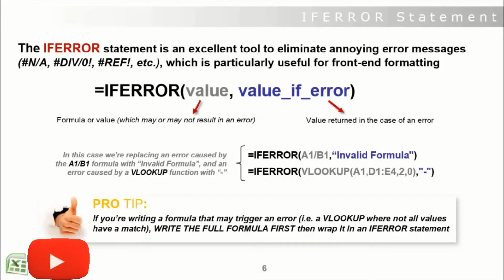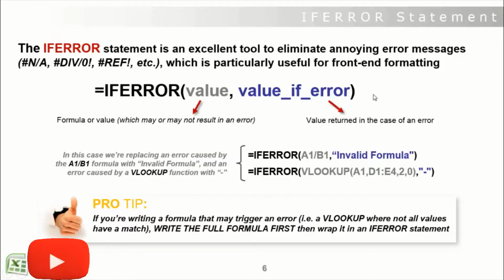We'll also explore that in one of the later sections, but just a heads up. Syntax-wise, the IFERROR statement is quite simple. Just 2 components. It starts with your value. This could be either a value itself, or more likely a formula which may or may not result in an error. And then after that, you comma over to the value_if_error piece,